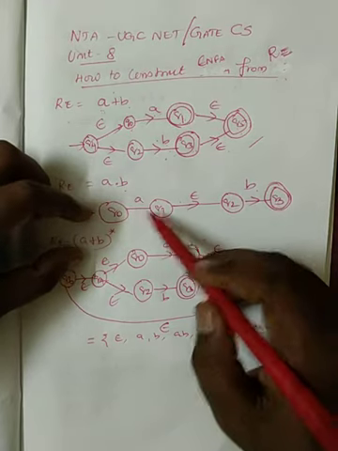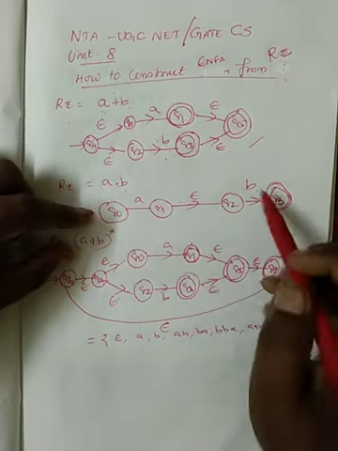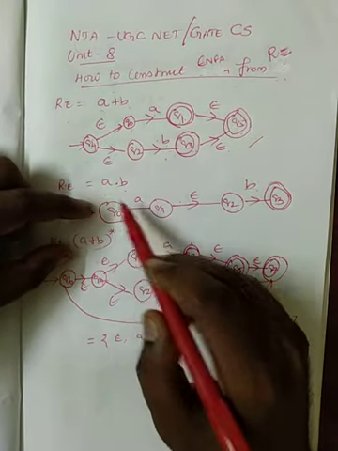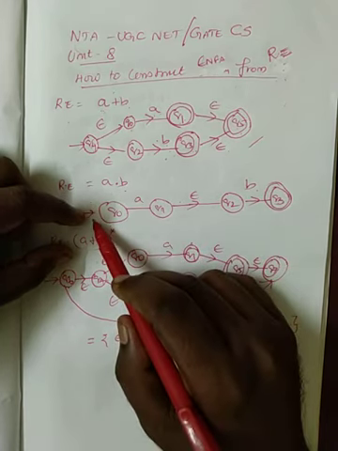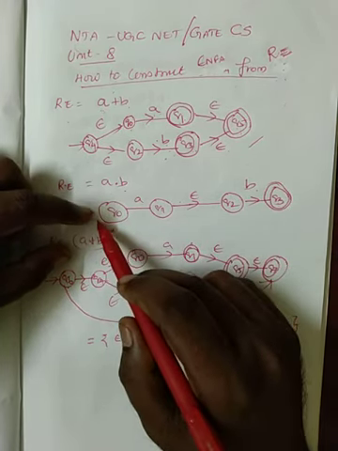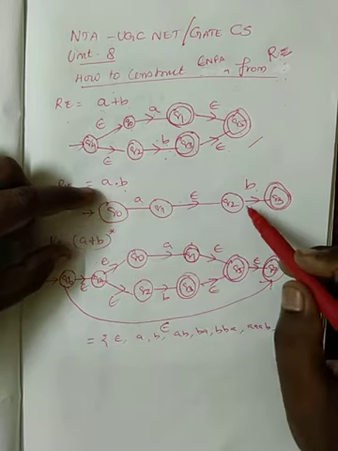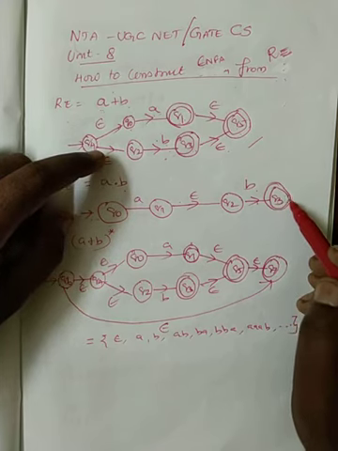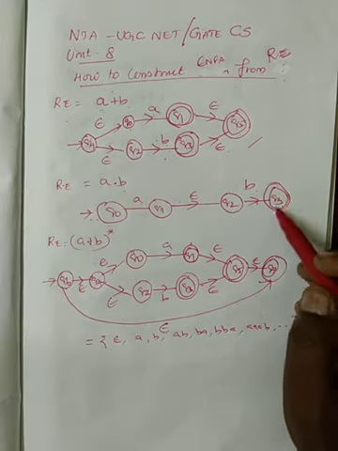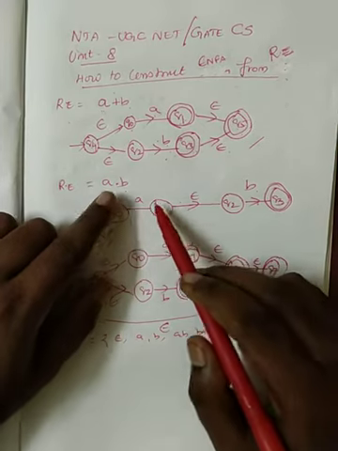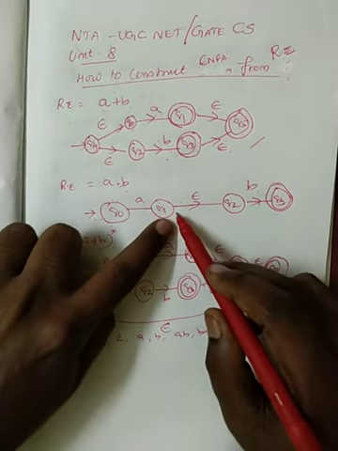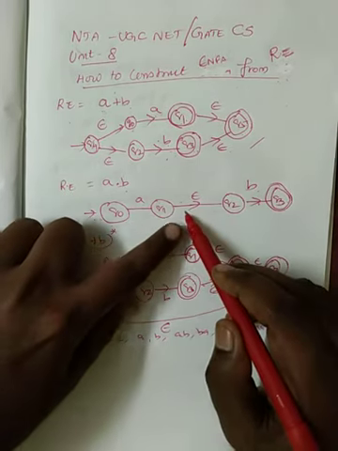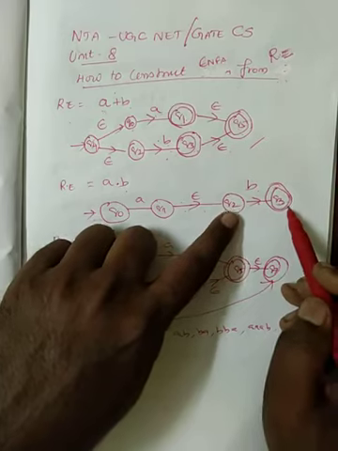Now for the entire new diagram for A dot B, the initial state of the first symbol becomes the overall initial state, and the final state of the last symbol becomes the overall final state. Then for this dot you represent one epsilon transition in sequence, which means A followed by an epsilon transition followed by B, then reaching the final state.